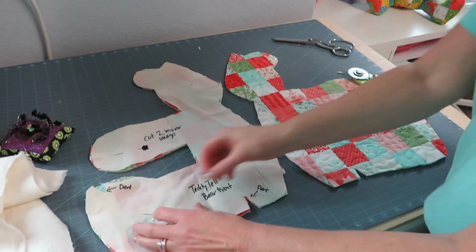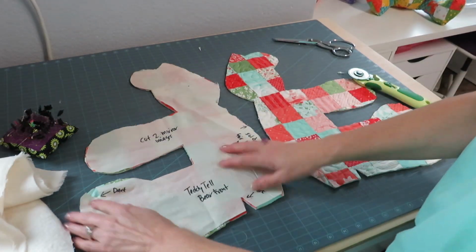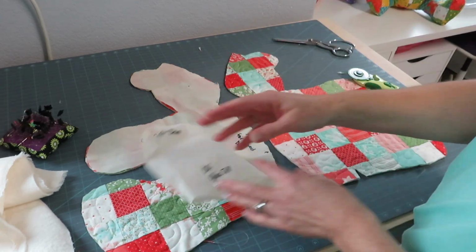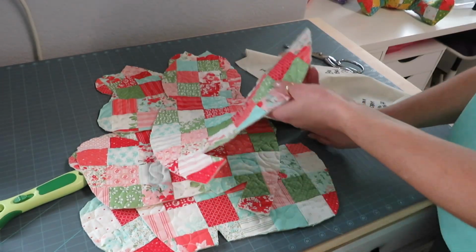Okay, we have our two front pieces cut out, and the reason why I don't fold it in half is because it's just really thick when you do the pieced one. To try to fold it and cut through all the layers at the same time, it's just a little bit thick. All our templates are cut out, and what I normally do next